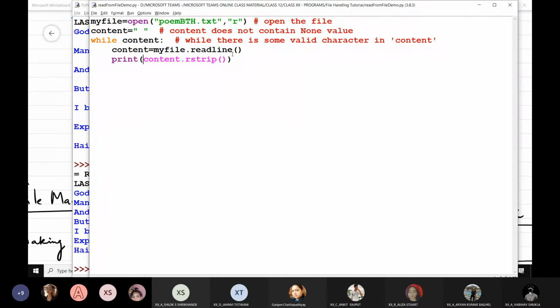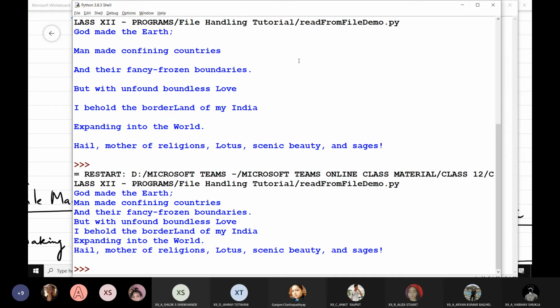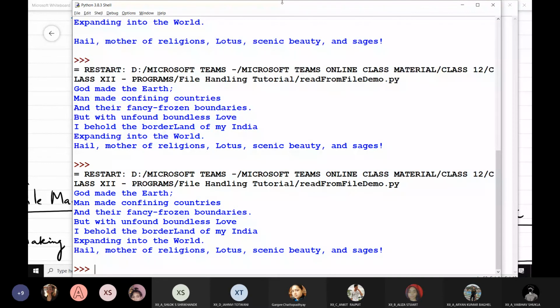Those are the spaces or new line characters which appear at the end, that is, on the right side of a string. If you don't want to use rstrip, you can simply use strip also, that will also do the work. Got it? So now that extra blank line is gone, and you can see how the content of the file is being printed over here.